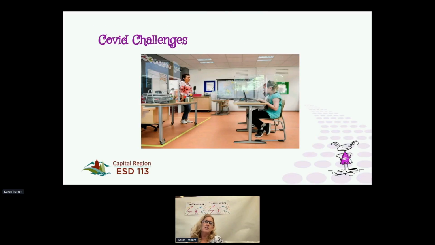So some of the COVID challenges that we may see are going to possibly be, are we going to look at plexiglass? Are there going to be teachers teaching behind plexiglass? What else is there going to be in place? I know we had a ton of them when we were looking into our magic ball. So the idea with COVID challenges, and we'll get to that a little later in the presentation, is be thinking of how we're going to address them, what we're going to do with them,